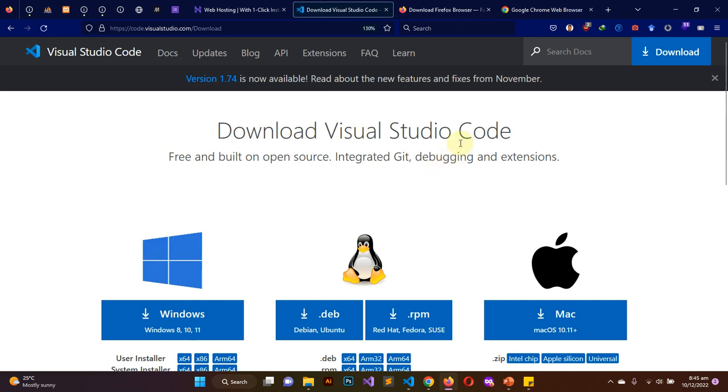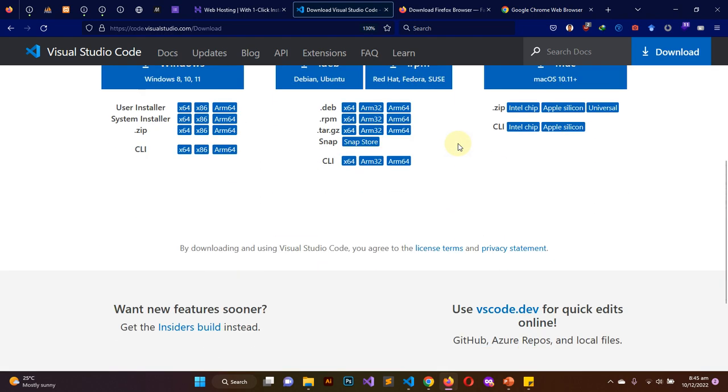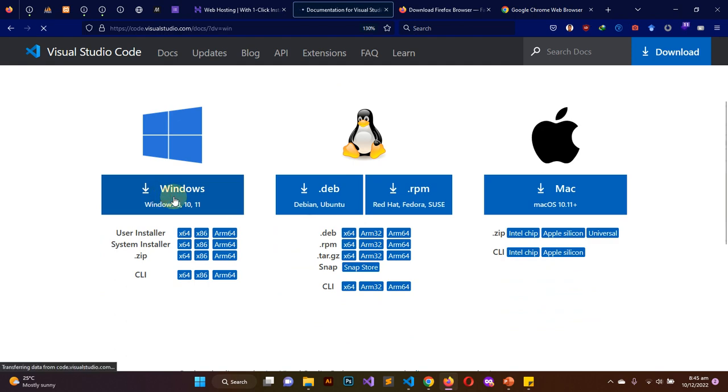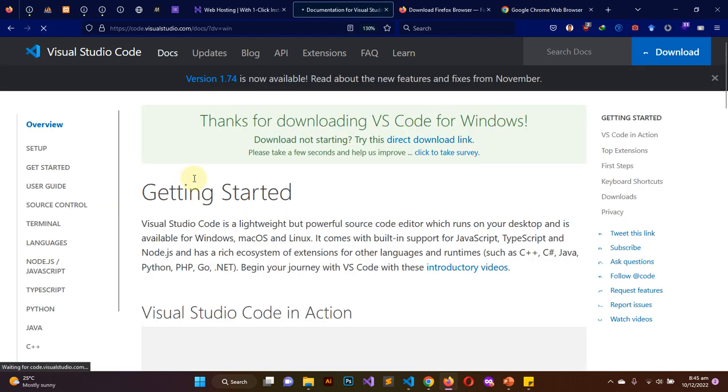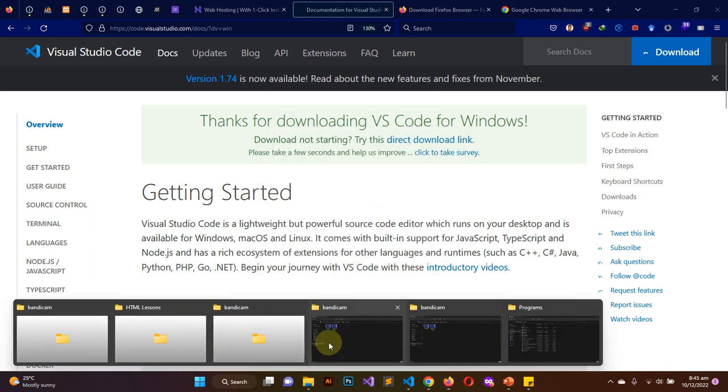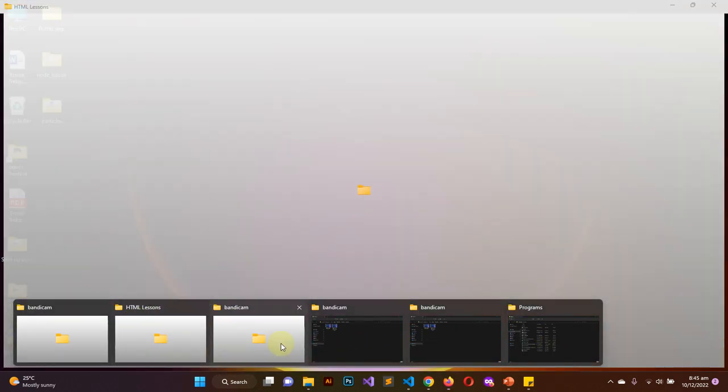Okay, so I'm waiting for the download button to trigger. The download process is not starting, and what could be the problem? So let me just hit on this one again and see. Okay, yes, so there's a duplicate. Let me go back to my downloads folder, and I believe that